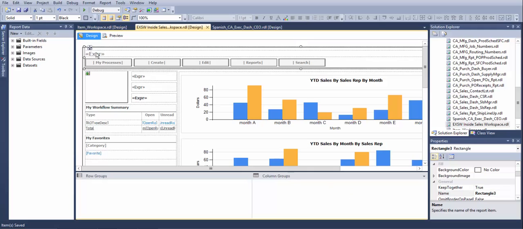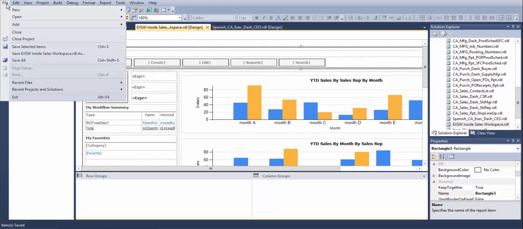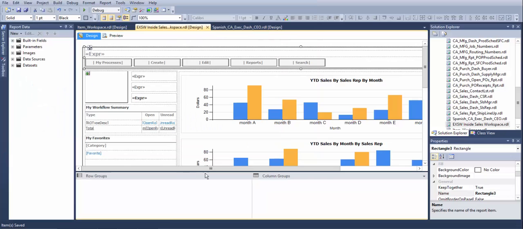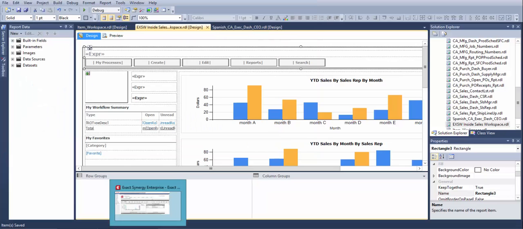So the first thing, just kind of a quick trick, is let's go out and act like we're going to save this so we can get the exact directory that it's saved in. And I'm just going to copy this up. Now we'll jump over into our Exact Macola environment,